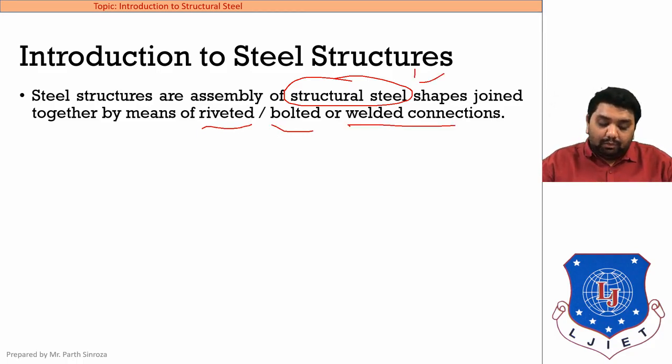Now first we will look at what structural steel is and how it differs from normal steel. Normal steel is what you see in day-to-day life, everything around you pertaining to steel or an alloy of steel. Structural steel is basically a highly ductile and high strength steel that is used to construct a building or a structure. It has very specified constituents and material properties.